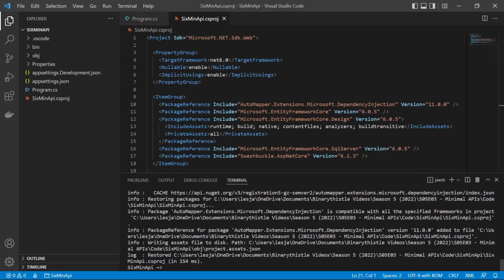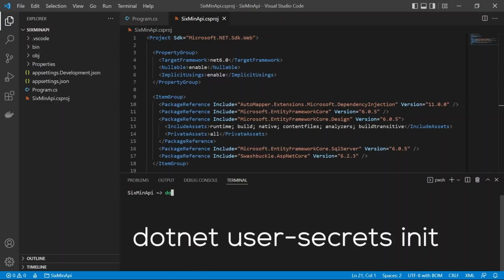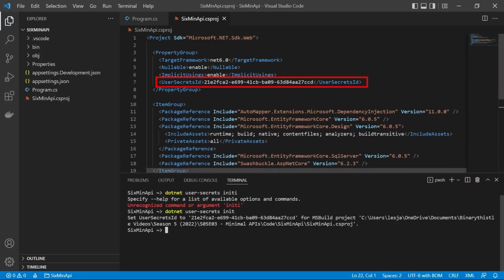Fantastic. Now, the other thing I'm going to do is we're going to have a connection string that will allow us to connect into a SQL Server. I'm going to use user secrets to store our password and user ID. So I want to set up user secrets as well. So in order to initialize that, it's dotnet user-secrets init. And what that will do is it will add a new element into our property group with a unique identifier in there. Now, I'm just going to use user secrets in this video. I'm not going to go into any detail about how they work and where they're stored